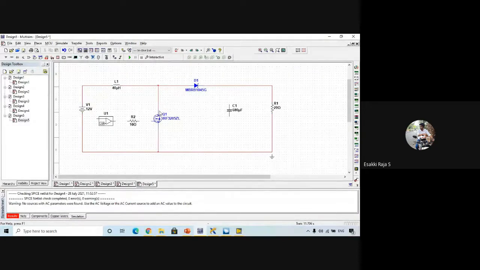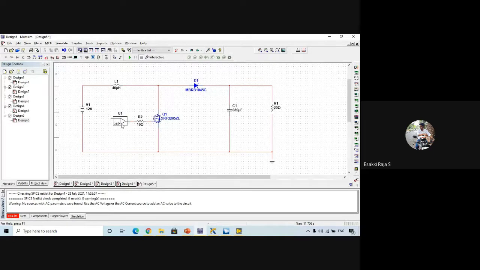Here I can connect this, and the capacitor I'll connect over here, and I can connect the ground. So this is the gate terminal. For the gate terminal we have to provide a PWM signal, like a gate signal, based on the duty cycle. Even for that, from LabVIEW, I'm going to control the duty cycle.